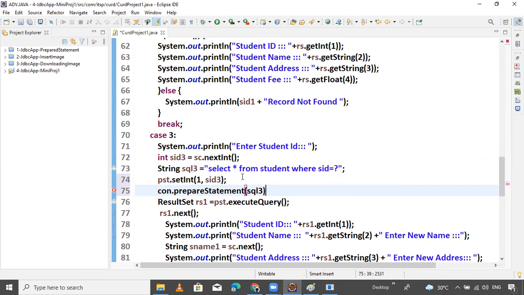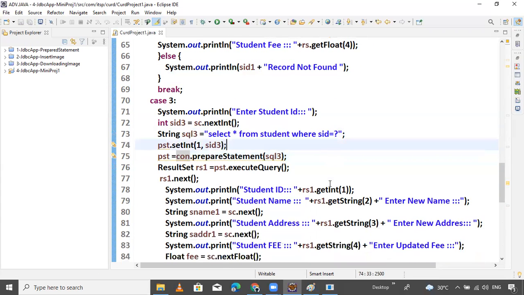SQL, that's it. PST. That's it. Now run.